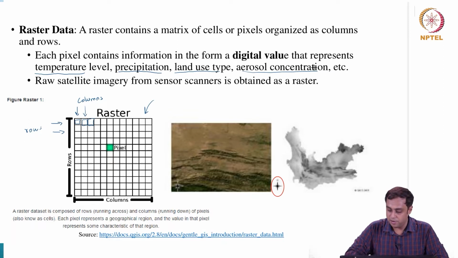So in the example here, if you look at the image in the middle, that is a raster image, right? If you keep zooming in, you will find the smallest units from where you have a uniform understanding of each location, which will be a pixel. Each pixel will have a value, right? In this middle image, the value will represent a color.